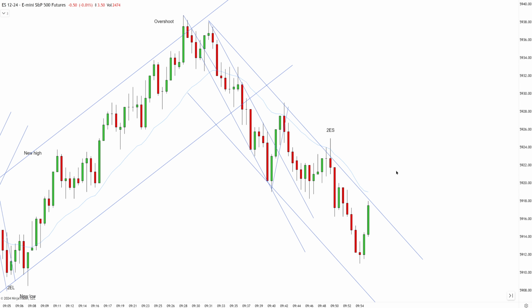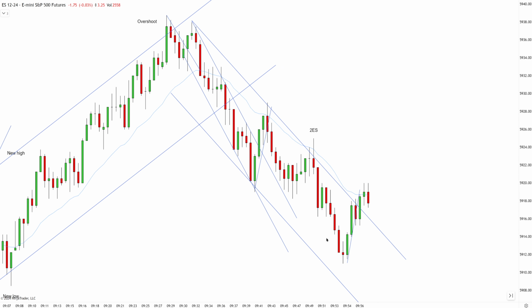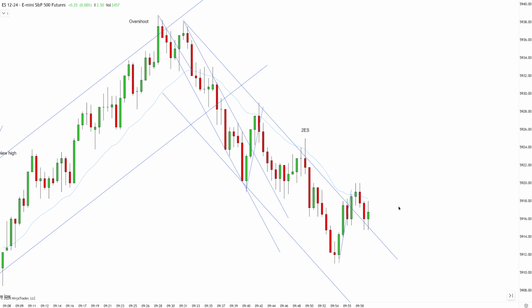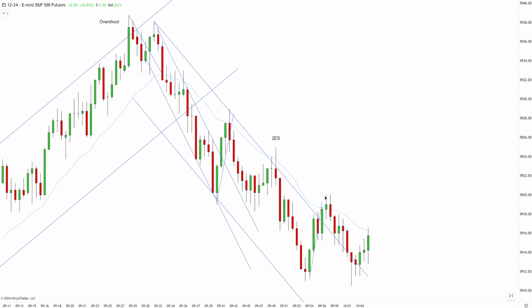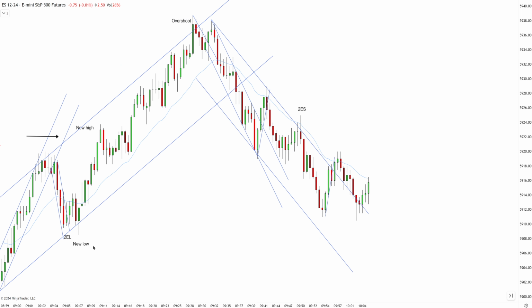So I want to see second entry short at the EMA, something like this. First entry short, can get a second entry short, pull back to the EMA, no second entry short, and we have a break, push to a new extreme. So the downtrend played out, unfortunately. No real setup. We have a nice clean push up, clean push down, but not easy to take a setup, but it's okay. There's always going to be a setup eventually.